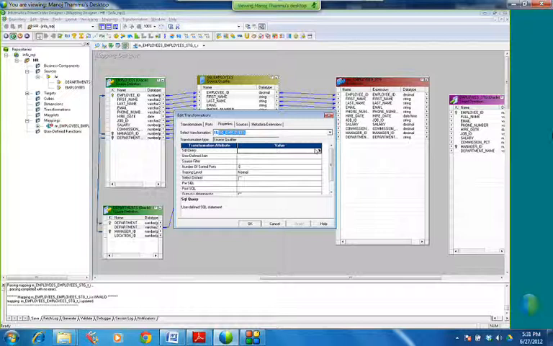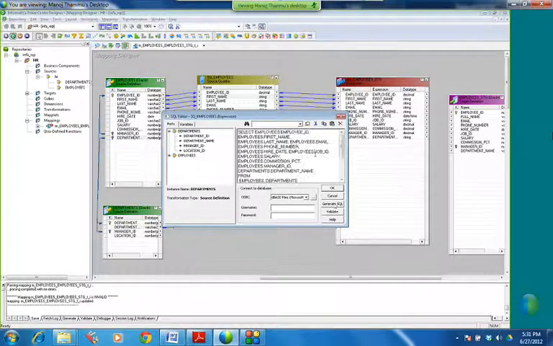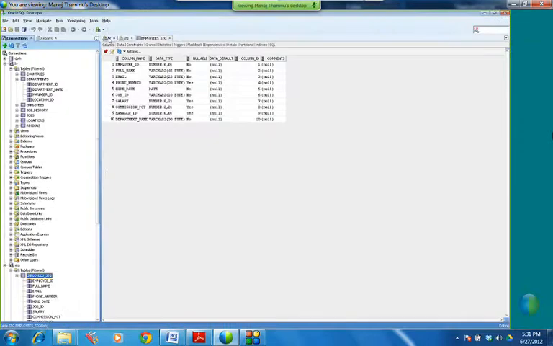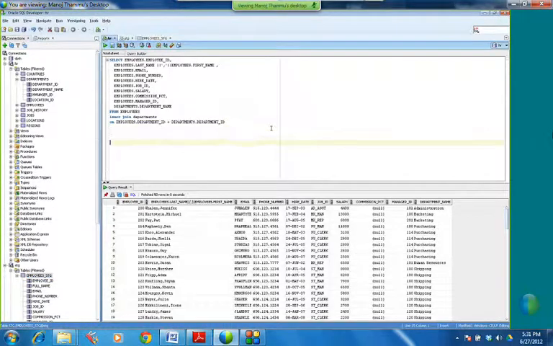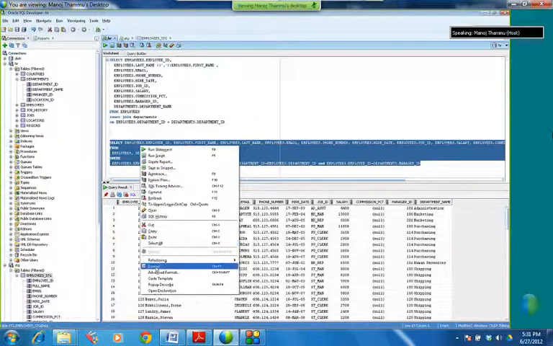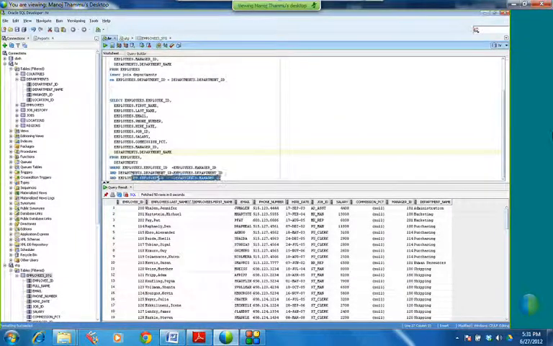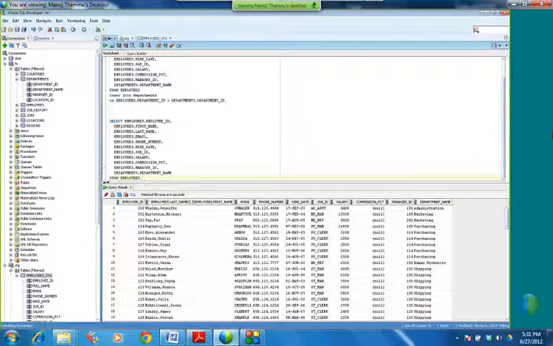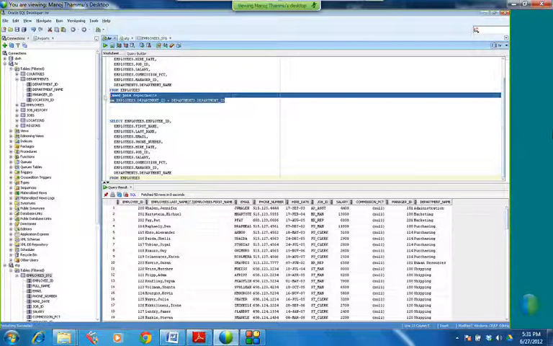So now I go to the generate SQL, copy the SQL file, put it in the HR schema, and I will arrange and format it. So it is formatted. Now I will remove the where condition because this where condition is completely wrong. I don't want this condition, I want my own condition.